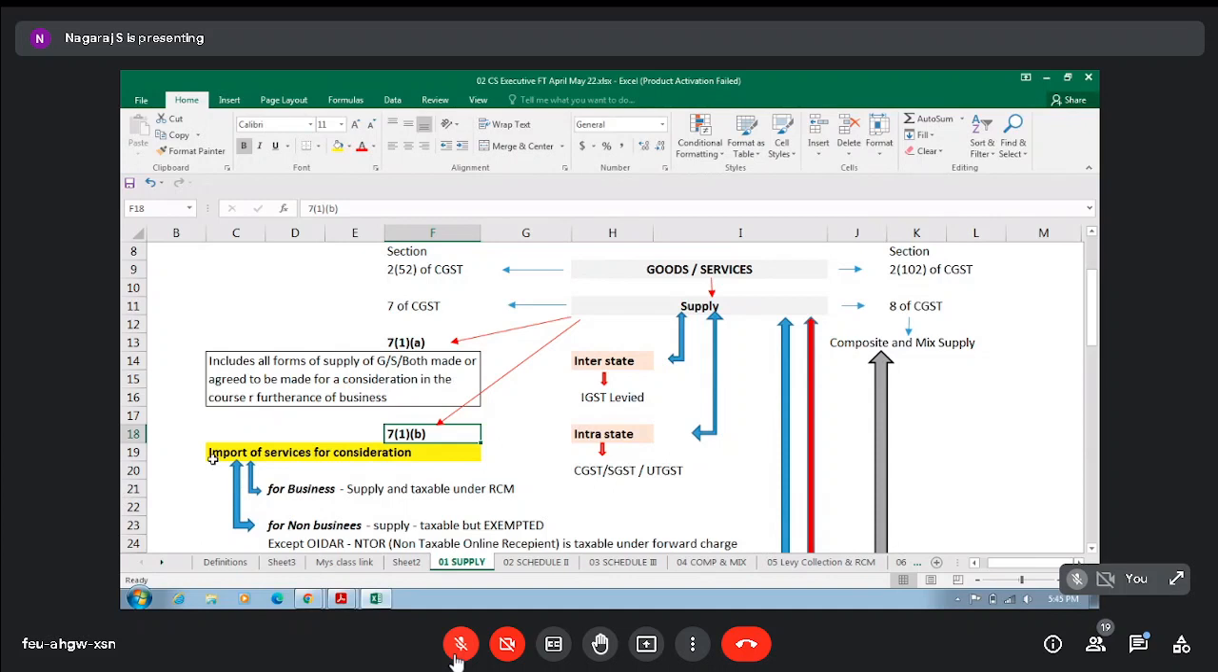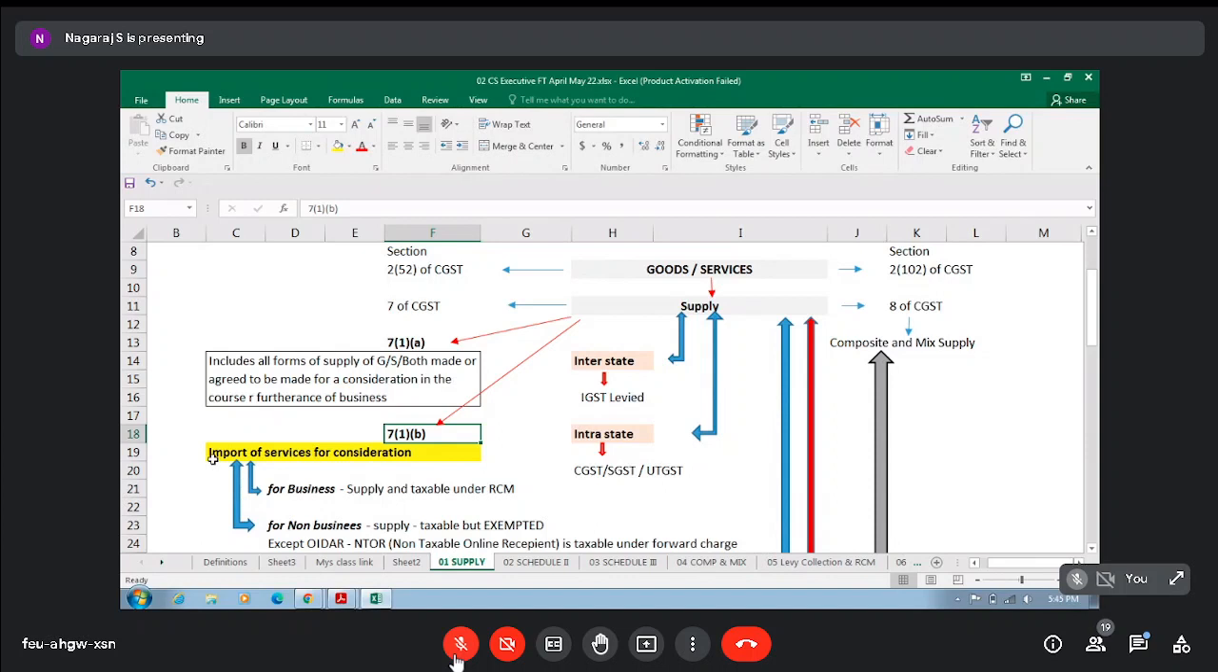He will supply some services worth $10,000. You will make the payment of $10,000. Can Modi go and tell him to pay GST? Will he pay? He will say, why should I pay? Okay, you cannot